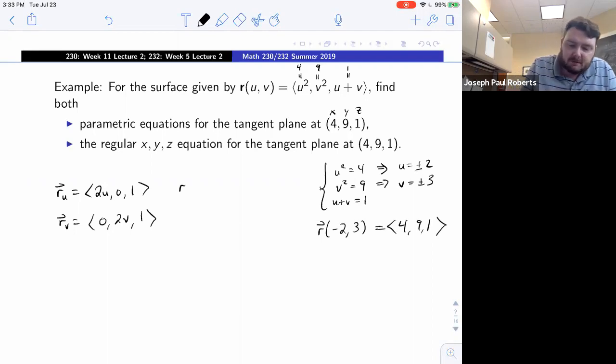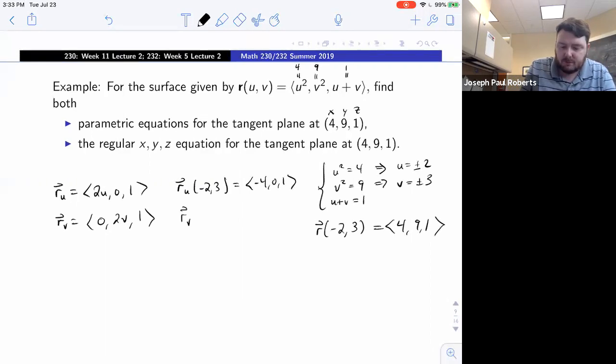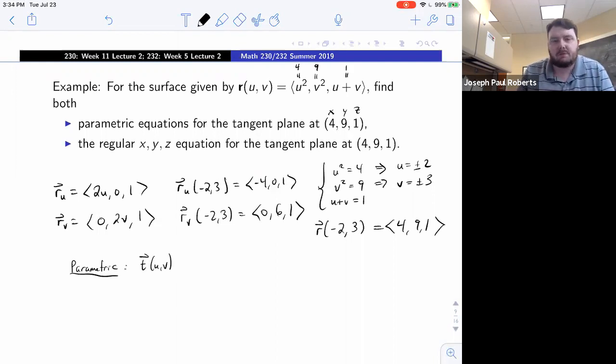So that's what I need to do here. I need to do the u partial at (-2, 3), which gives me (-4, 0, 1). And then I have to do the v partial at (-2, 3), which is (0, 6, 1). And so the parametric equation of the tangent plane, I'll just use T of (u, v), just because r is already being used for the surface. So let's just use a different vector letter here. It's fine. So T of (u, v) is